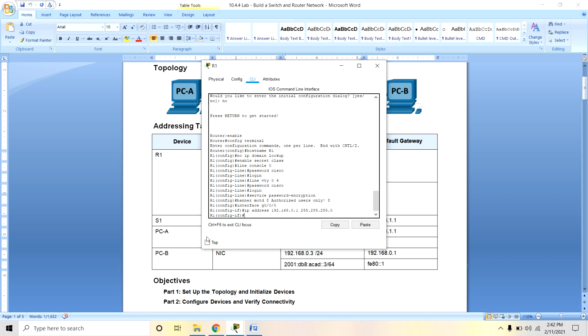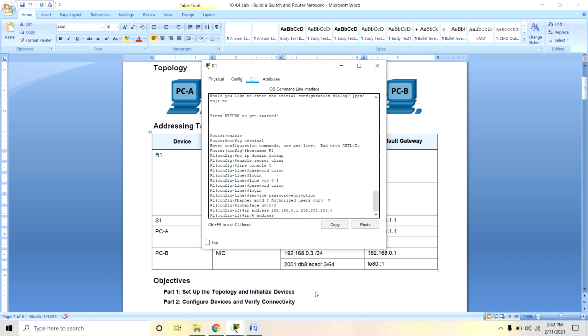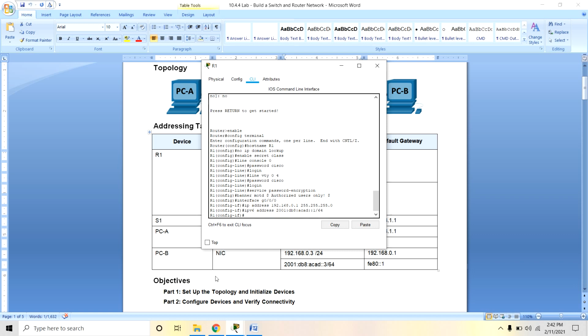Now we will give the IPv6 address. Okay, enter.